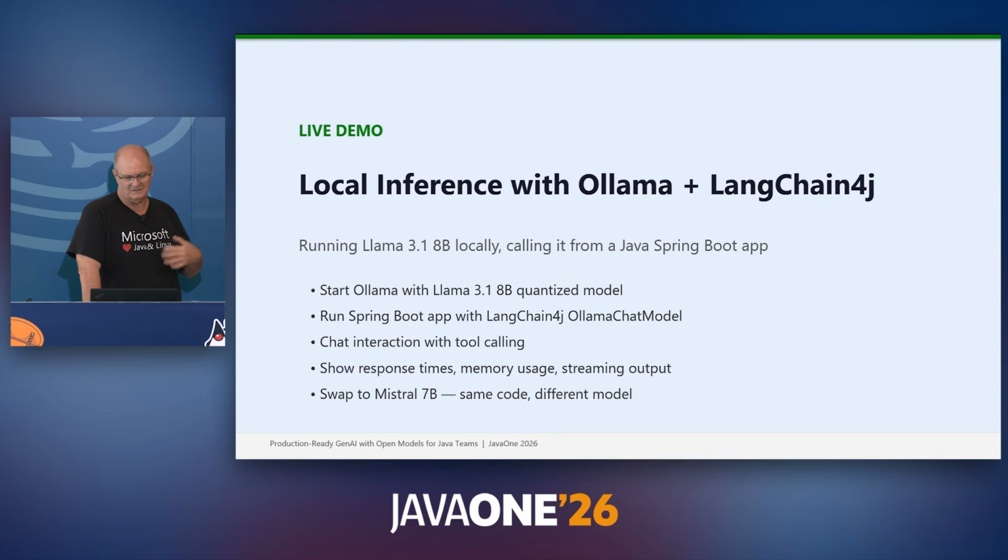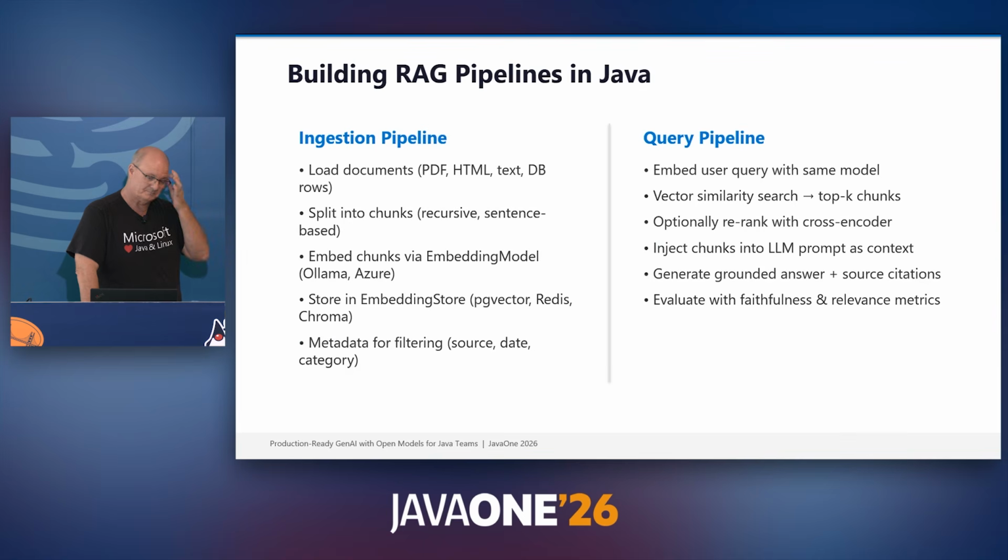You can swap to Mistral 7B. In the interest of time I won't, but it'll give you slightly different answers because it's a totally different model. So, building RAG pipelines in Java. You have an ingestion pipeline. You can load PDF, HTML, text, DB, pretty much anything. It chunks the data using LangChain4j, so there's chunking functionality. Then you can embed those chunks via an embedding model in Ollama or Azure. In this case, we're storing them in memory. As long as this is running, the embeddings will be stored, but otherwise you can put them in a more permanent